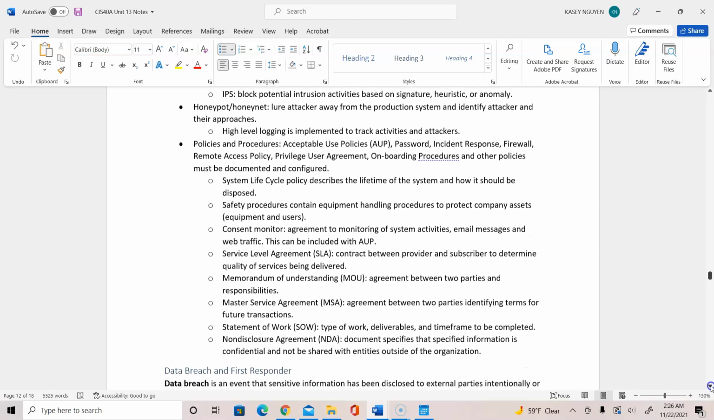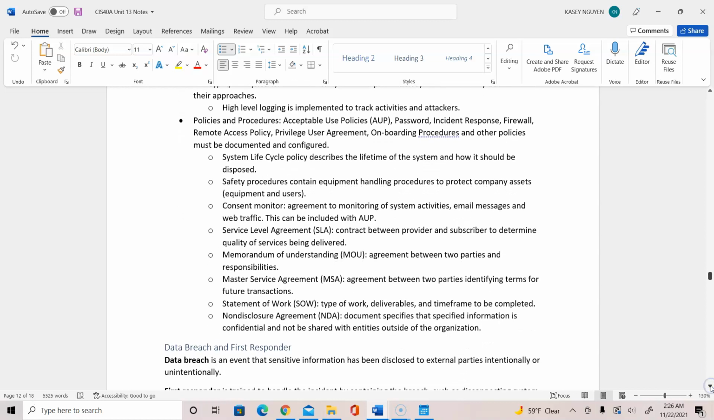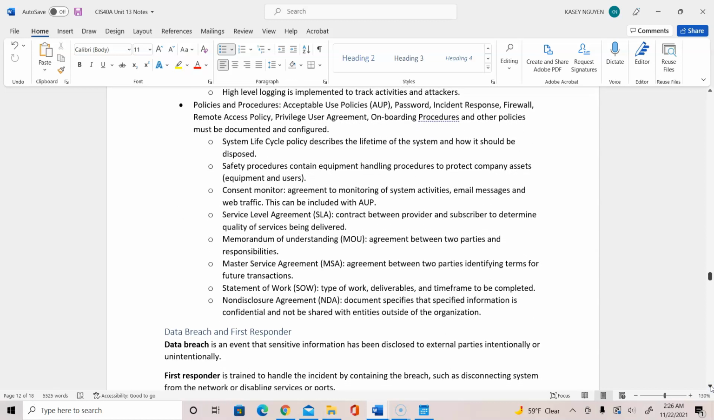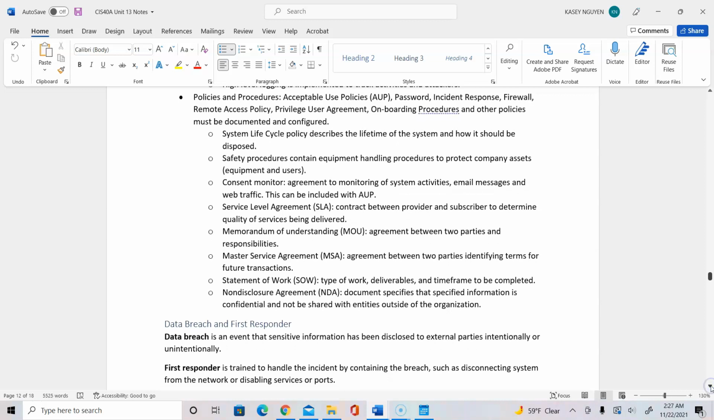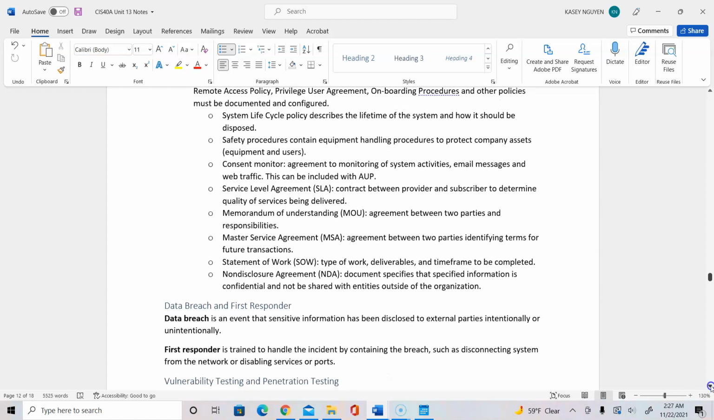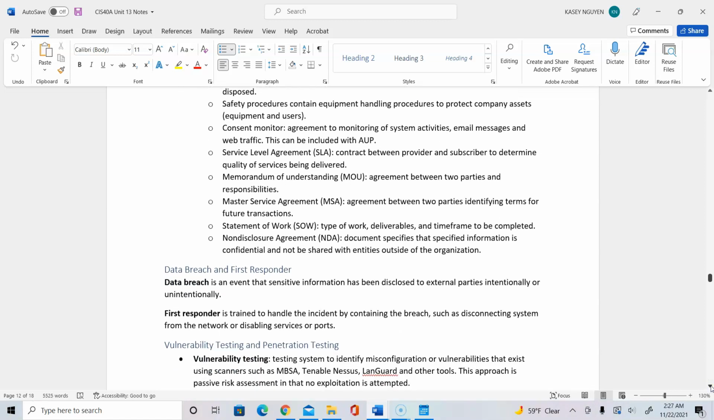Here it talks about system life cycle. We wanted to follow the cycle to make sure how the system is being integrated, and also at the beginning of life and the end of life, on how it will be disposed. We want to follow safety procedures. We want to have SLA, MOU, MSA, and statement of work